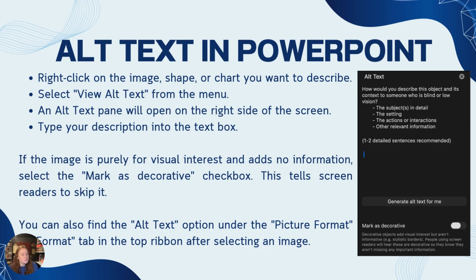There are options now most of the time to have AI generate the alt text for you. You can try it and see, edit it with a heavy hand if you do decide to use that. And here's where you can also mark if it's decorative. So if the screen reader doesn't pay attention to it, you can just toggle that option at the bottom. In